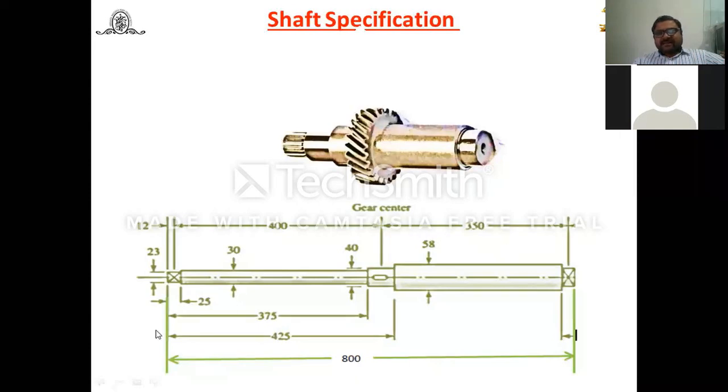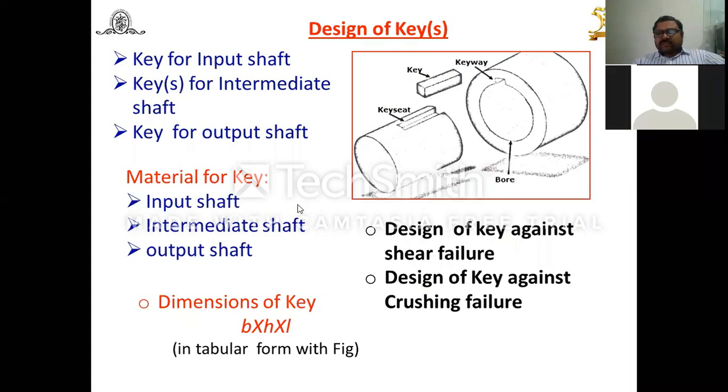And in your drawing or detailed drawing, the shaft should be like this. You have to construct 2 or 3 shafts, input shaft, output shaft, and each side view also. So that's why I have put here this diagram. Now let us see other things. Now here in case of design of keys, how to design the key? You already studied this part, even though I would like to say again, keys for input shaft, keys for intermediate shaft and keys for the output shaft.